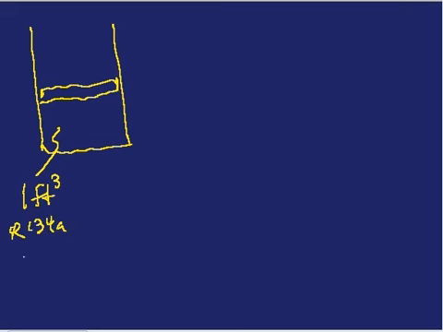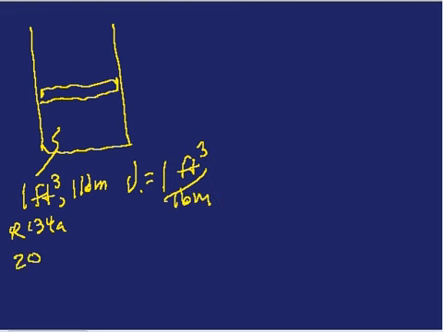so that your initial volume V1 equals 1 foot cubed per pound mass, and you were given the initial temperature was 20 degrees. Now you find that it must be saturated because V of 1 foot cubed is greater than Vf and less than Vg at 20 degrees. So we can solve for the quality to find out our initial condition. So V1 is equal to 1 foot cubed per pound mass equals 1 minus X